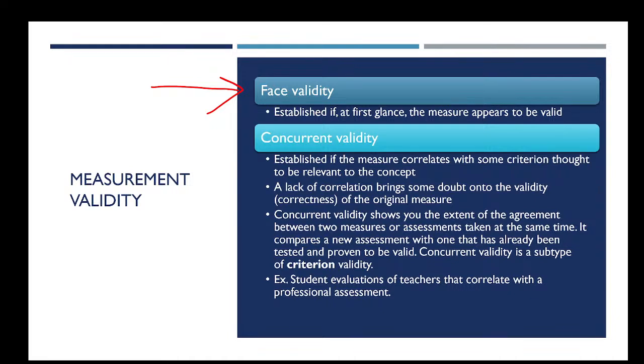Basically it's established if at first glance the measure appears to be valid. Face validity is really easy. All you have to do is make a case that your research design and whatever tool you're using is going to measure what you want it to measure. Does that make sense? Just on the surface, at the basic level of your design, why do you think your research design is going to get you information